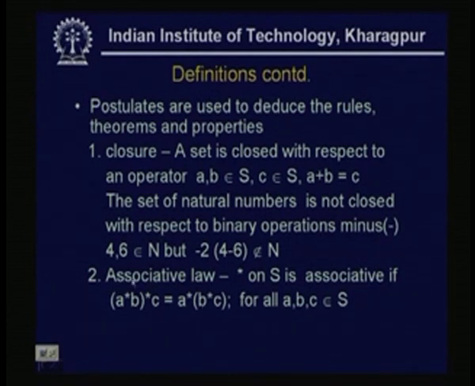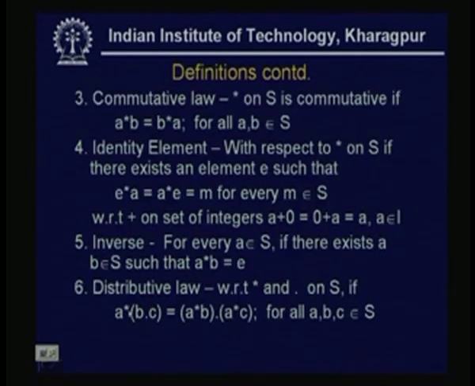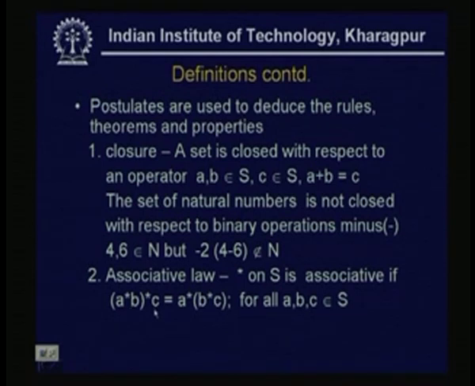Then the next rule is the associative law. We take one operator star on S, and it will be called associative if A star B star C, that means the operator is operated first on the two elements A and B, and then again the operator is operated on the result of A and B, and C, is called